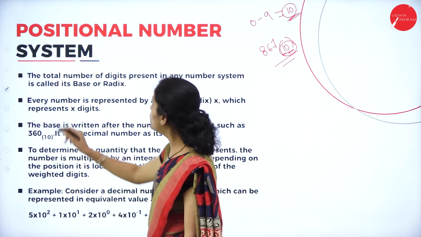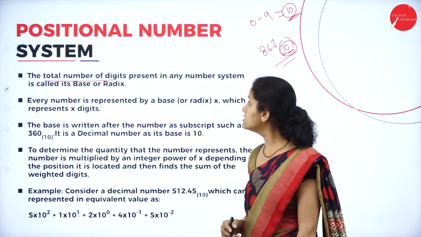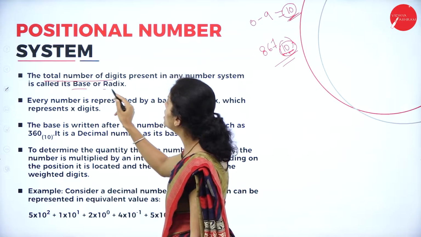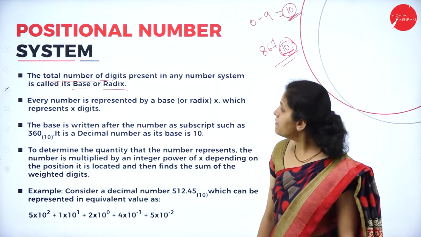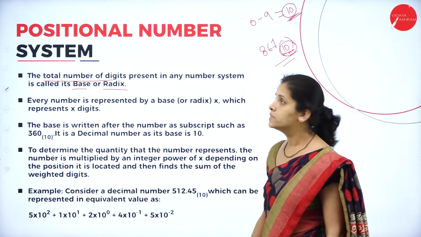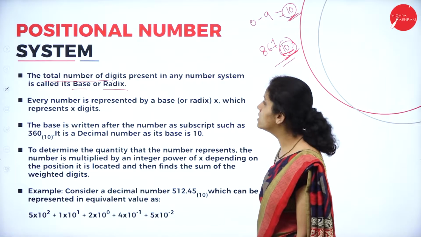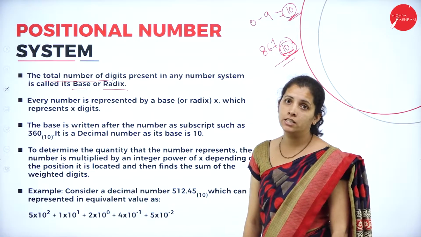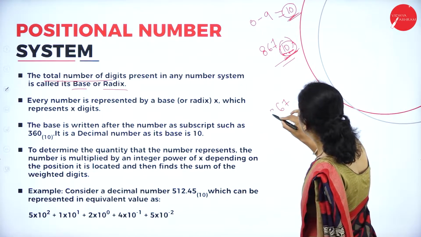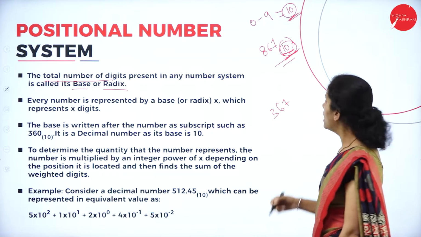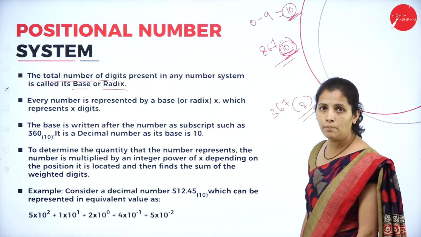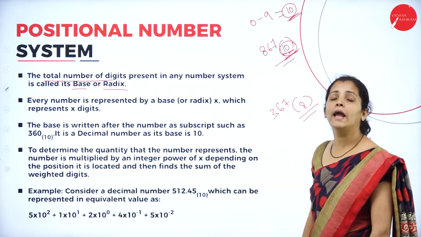So here the total number of digits present in any number system is known as the base or radix. Every number is represented by a base of x, so base x represents x digits. For example, think that I'm going to have 367, and if I write 8, this is nothing but octal numbers,